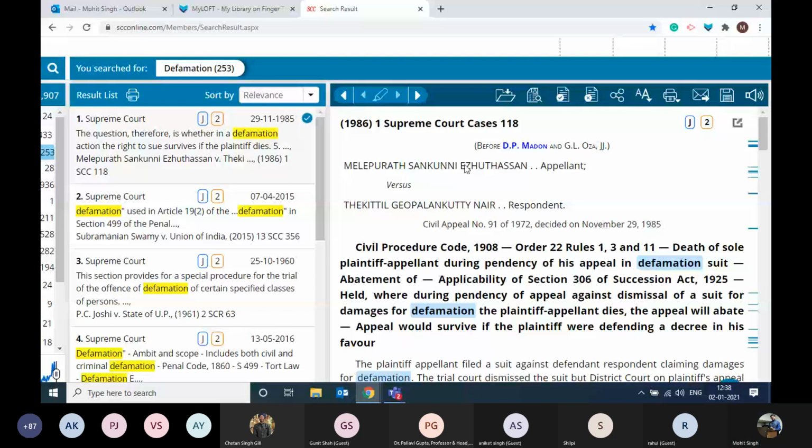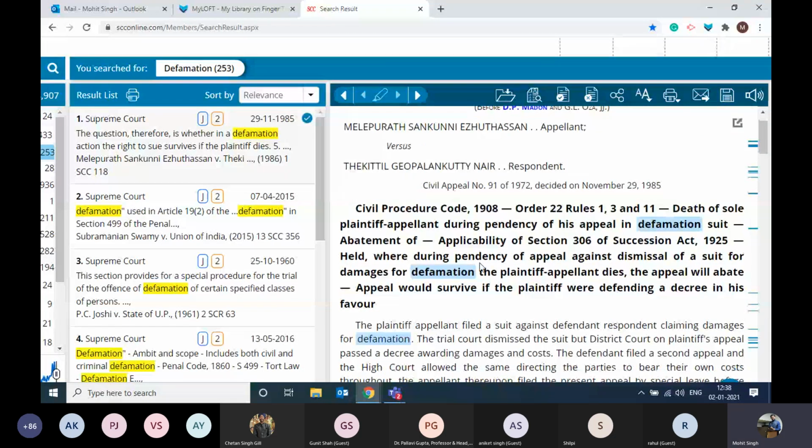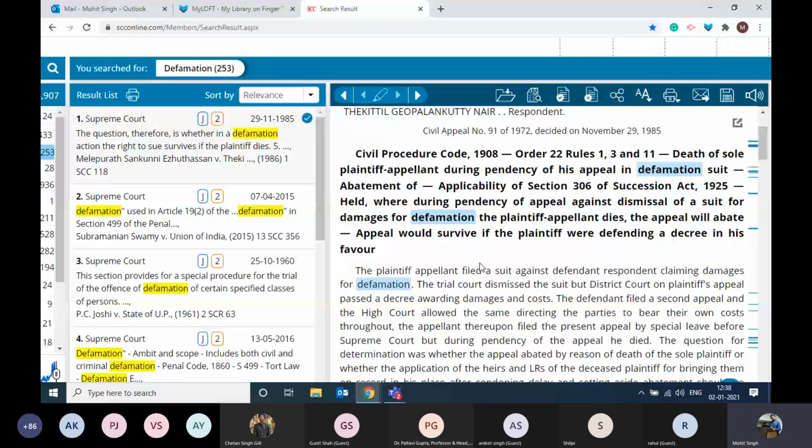Again, the justice's name, the party name, and now rather than the actual judgment, there is a black paragraph right in front of you. This black paragraph simply means that this is the head note of the judgment. This is the summary of the judgment made by the editorial team of Eastern Book Company.